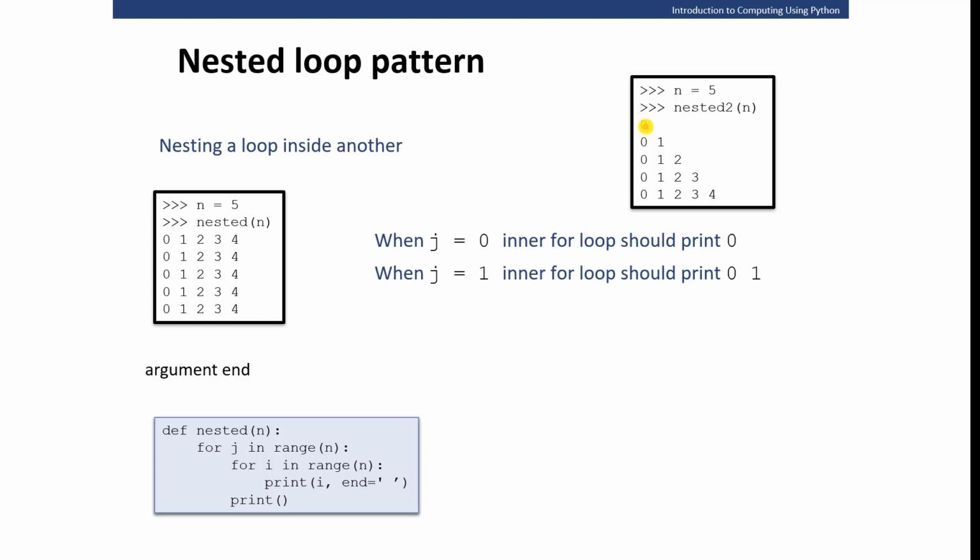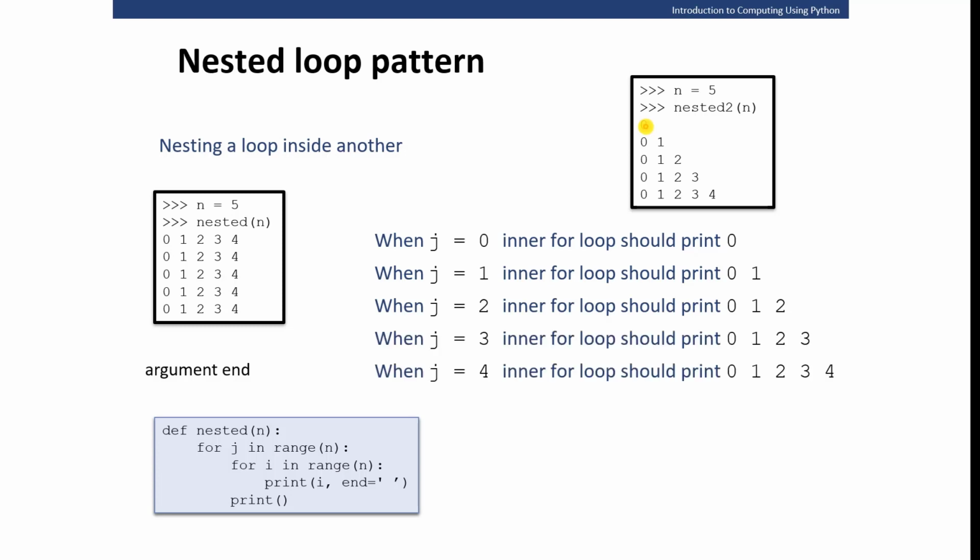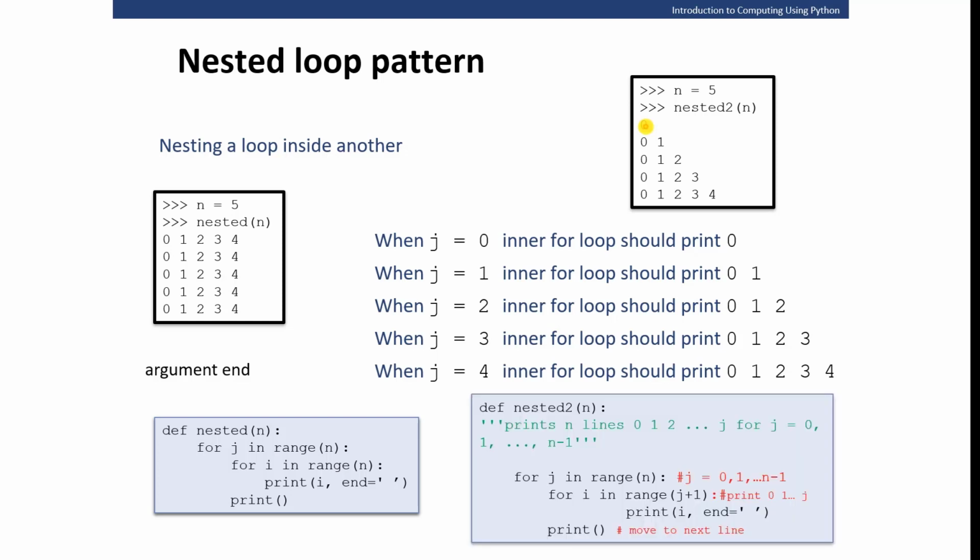When j equals 1, the inner loop should print 0 and 1. When j equals 2, the inner loop will print 0, 1, and 2, and so on. Okay, so what does that mean? I have to range up to the value of j. So for j in range n, and for i in range j plus 1,